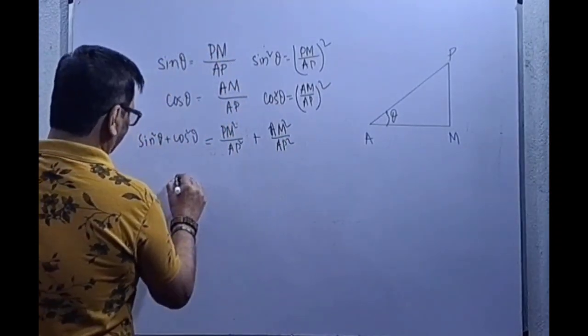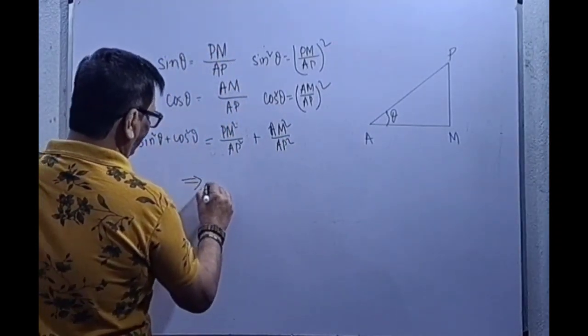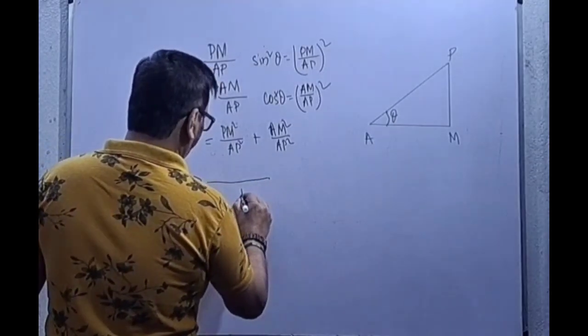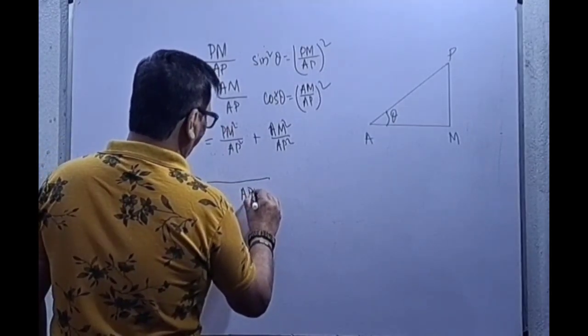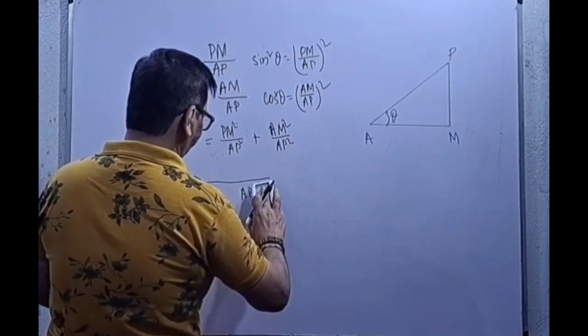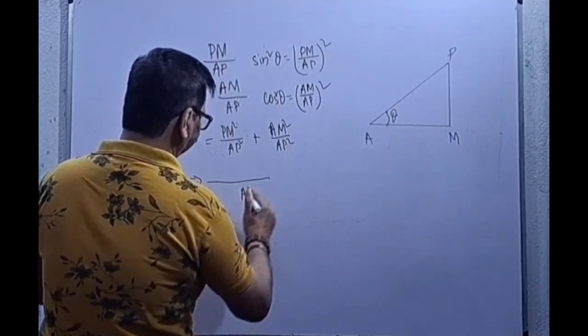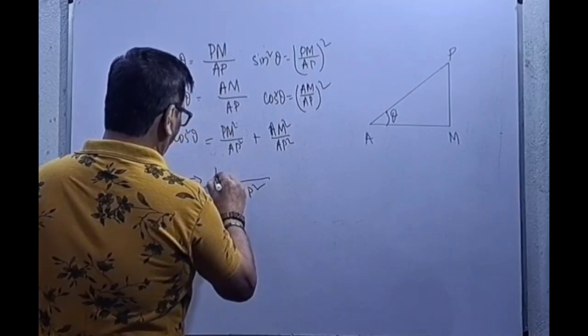Now we can take an LCM. That implies AP square is the LCM. We can write PM square